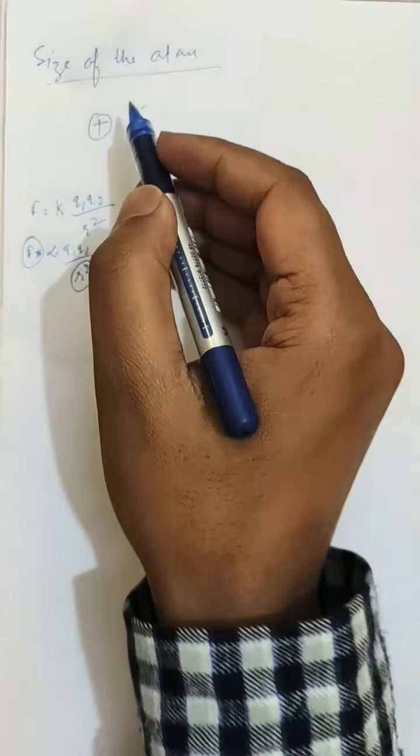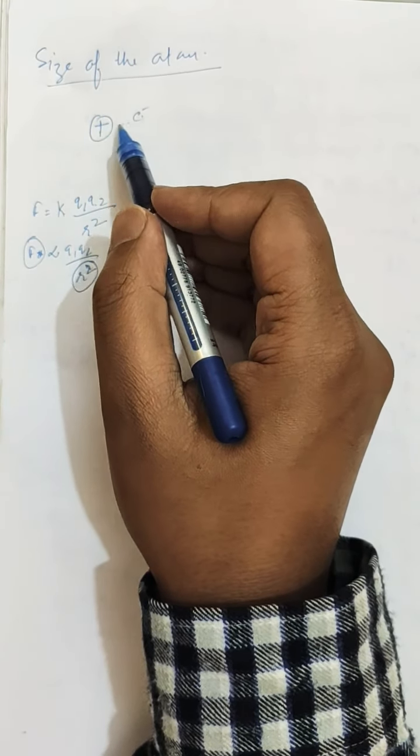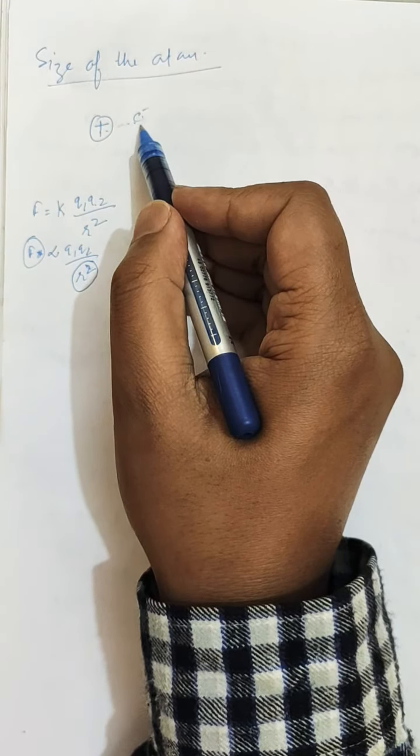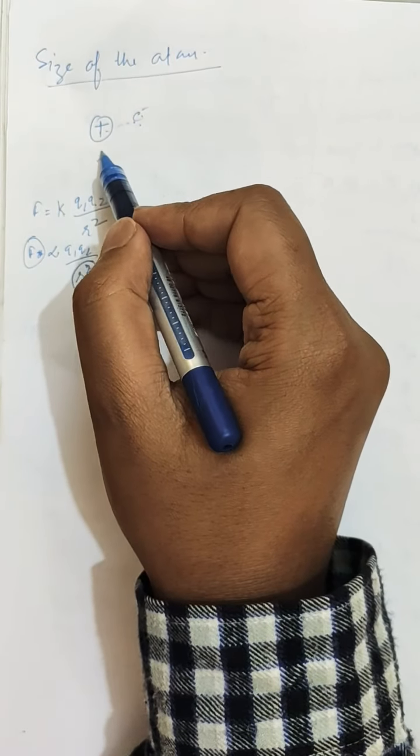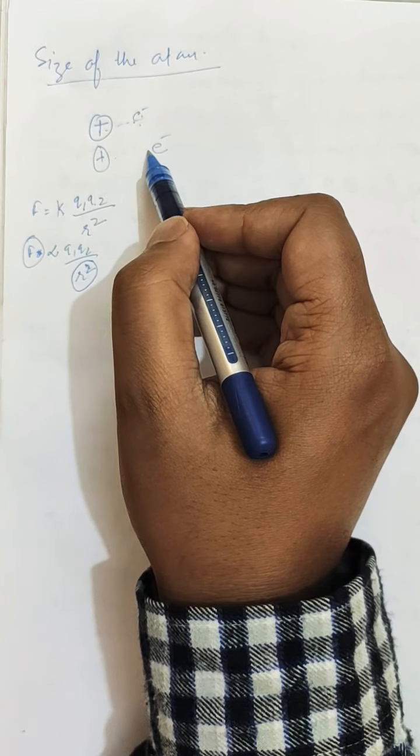Therefore, with the increase in the nuclear charge, it becomes more difficult to remove an electron and ionization enthalpy increases. Obviously, when the electron is near to the nucleus, the attraction will be more, and it will be more difficult to remove the electron. Whereas when the electron is far away from the nucleus, it will be easy to remove it.